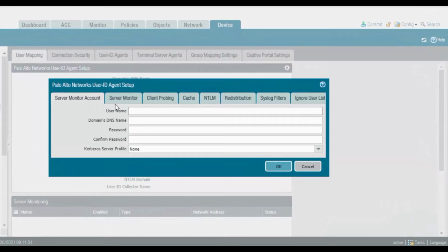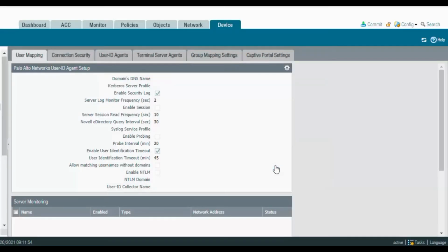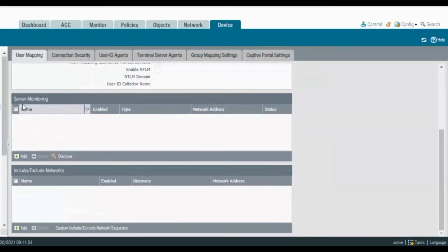In it you can provide the domain name, ugreen-tech/pa, which is my domain service account, and provide the password for that. Click on OK.